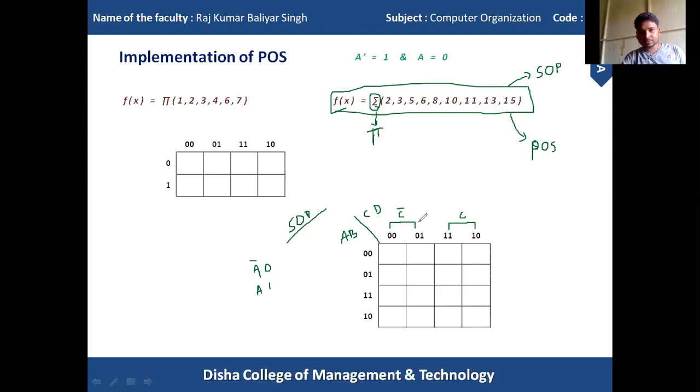Then what about these two? Can we combine two columns? Yes, we can combine these two columns. We get that these two are constant values. So this one is represented as D, so my common value will be D. Then the question is, where will we get D complement as a common value? Just look at this column and this column. If we combine these two columns, we get D complement as the common value.